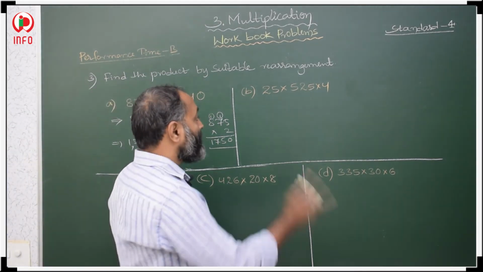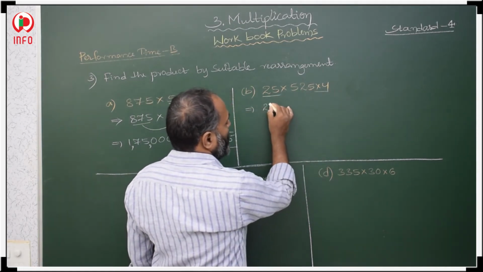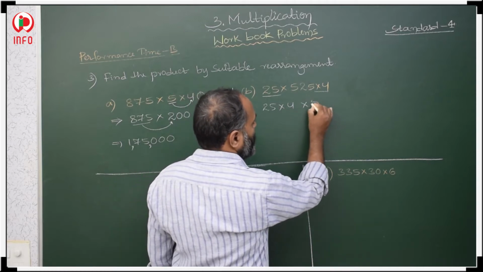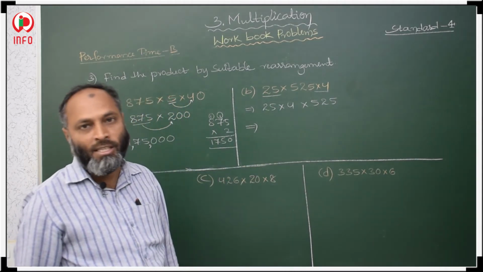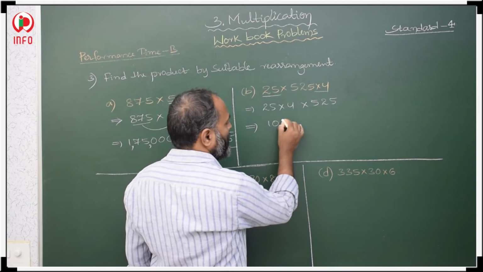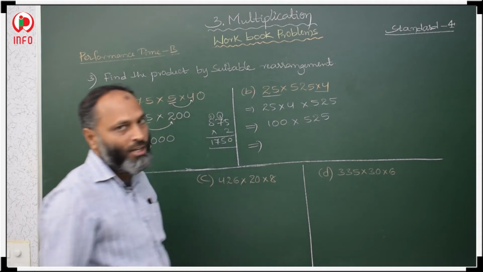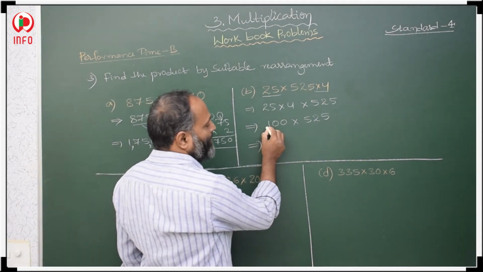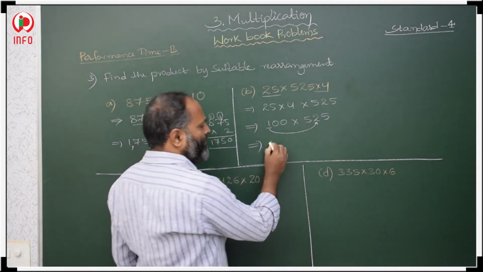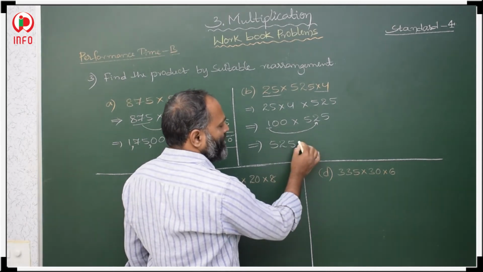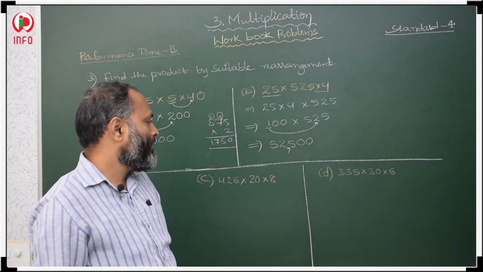Now here, first you have to arrange 25 and 4, 25 and 4 first, then after that 525. 25 4s is very easy, 25 4s is 100, then 525, then hundreds, 200s are there. Then how to multiply, so we learn. We have to multiply 1 with 525, 1 into 525, 525. Here 2 zeros are there, those 2 zeros you have to keep, 52,500. In the simplest way we have to find.